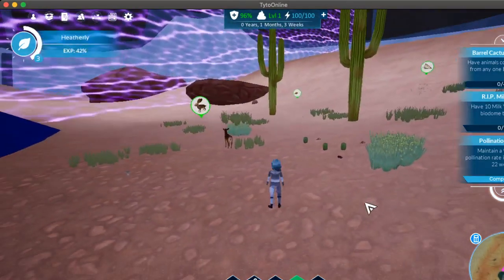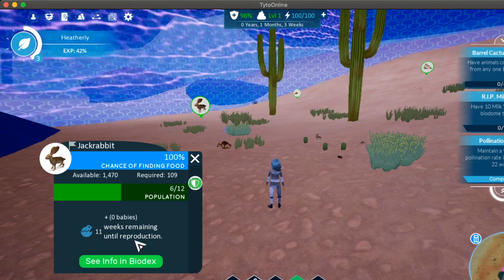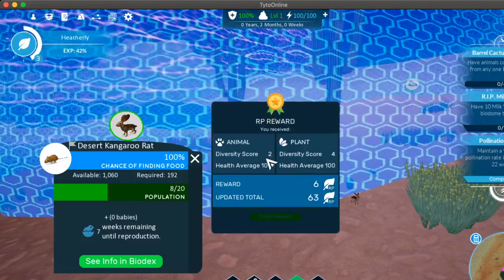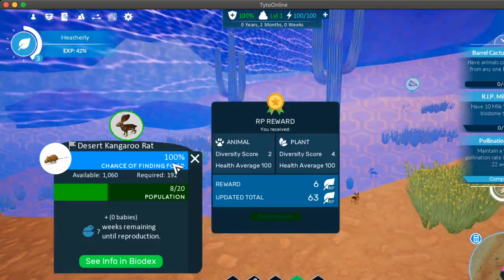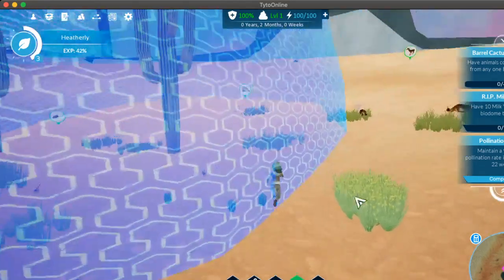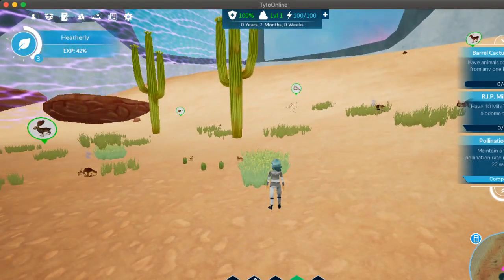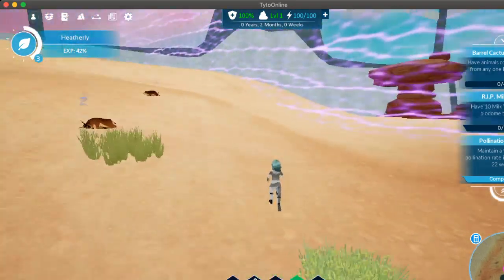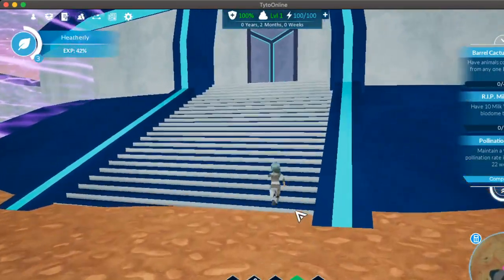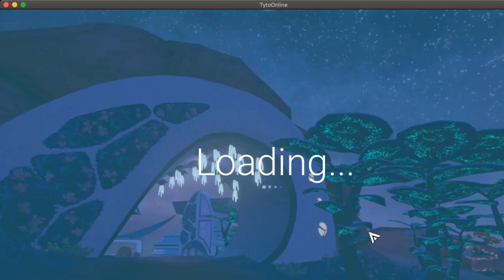All right, so we've got our lovely biodome, and we've got 11 weeks remaining until the rabbits have some babies. How about our little desert kangaroo rats? Only 7 weeks remaining until they have some little babies for us to ooh and ah over. So I think I'm going to leave this biodome alone for a bit, and I'm going to go back and look at my Himalayas biodome to see how that's faring. So out I go,